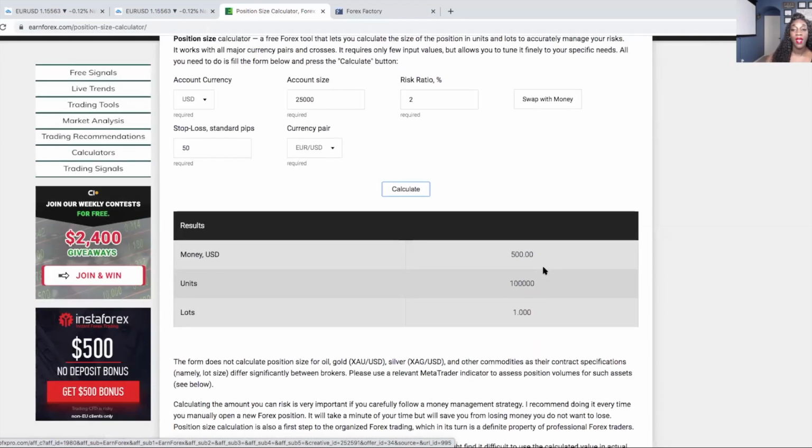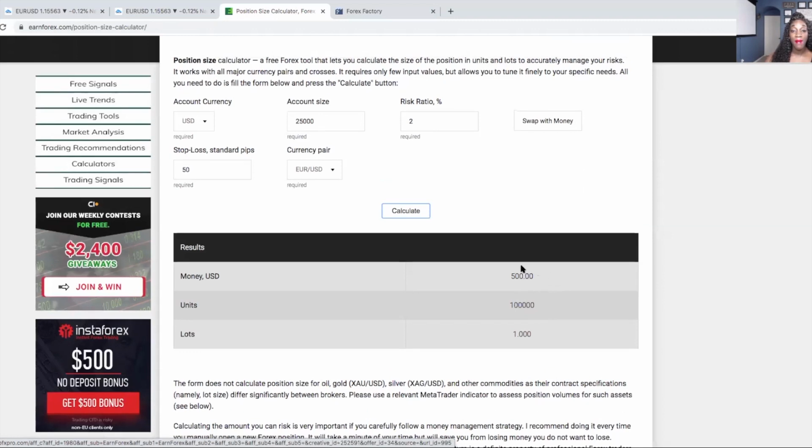You calculate it. And what this simply tells me is that my daily max risk is $500. So in order for me to live to trade another day, I do not want to exceed losing $500 out of this $25,000 account. My max lot size that I should use while scalping is a standard lot size, which is 1.0. So when I'm scalping,